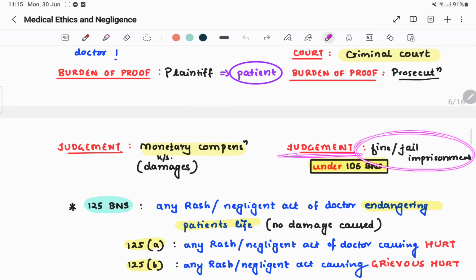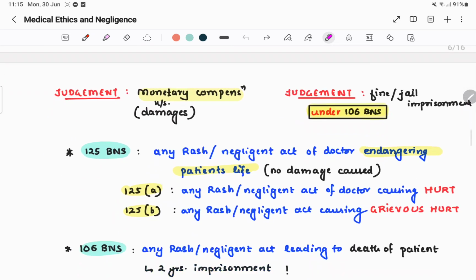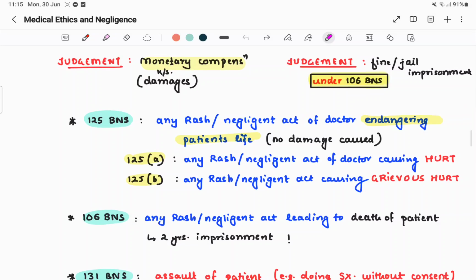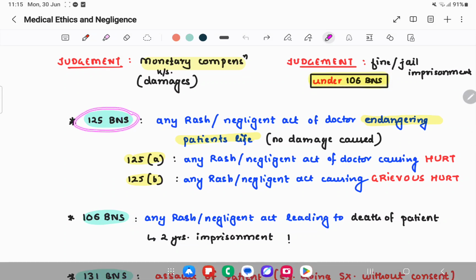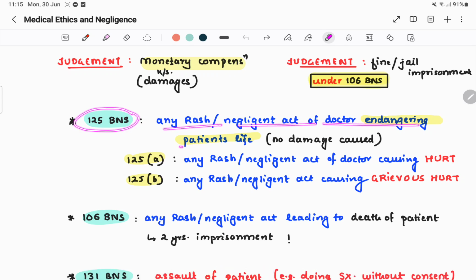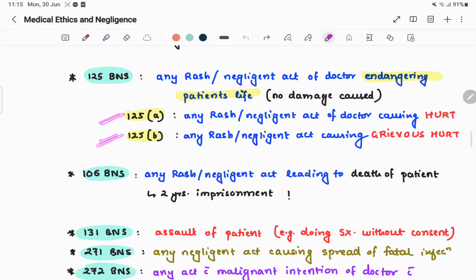This judgment is fine or jail imprisonment under 106 BNS. 106 BNS is dealing with imprisonment of doctors for gross and willful negligence, criminal negligence. 125 BNS, any rash or negligent act endangering patient life. If any negligent act is endangering the patient's life, no damage. Okay, then 125 BNS, 125A and 125B, any rash